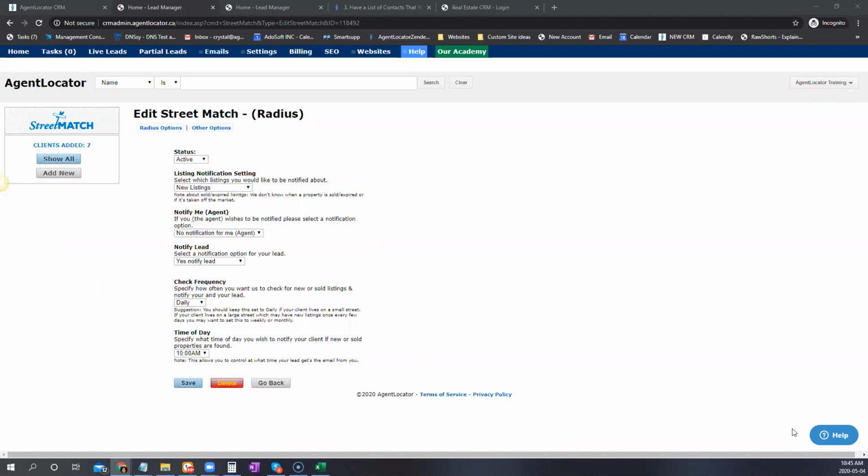So Navita is asking, once somebody registers for Street Match, do they get sold listings or active listings in the area? Yes, so it's automatic. So if they sign up on your landing page, it is going to be automatic. You don't have to do anything. But I do encourage that you go in, see how they set it up. The most common thing that I will see is a homeowner will go in and they'll create like a massive